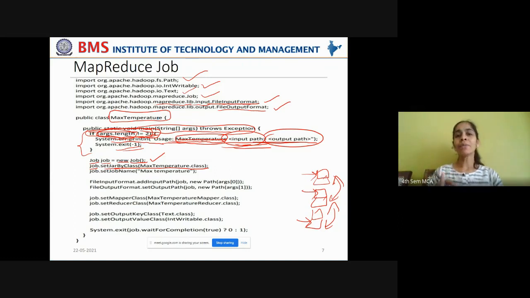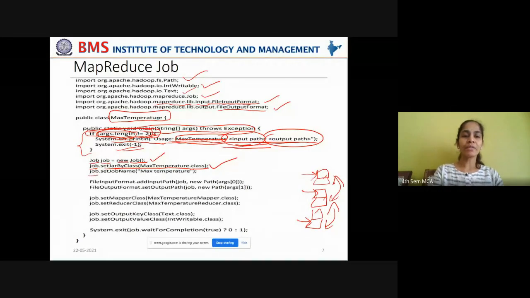which takes this class file as a parameter. You know that when a Java class has to be compiled, we supply the .java file, MaxTemperature.java. Now, when the Java file is compiled, it creates an object file with the MaxTemperature.class extension. You know that very well, right? Now that .class object file is required, which can be converted into a Java archive file. Now this Java archive file will be handed over to the data nodes on the HDFS cluster in order to perform this MapReduce task. Got it?